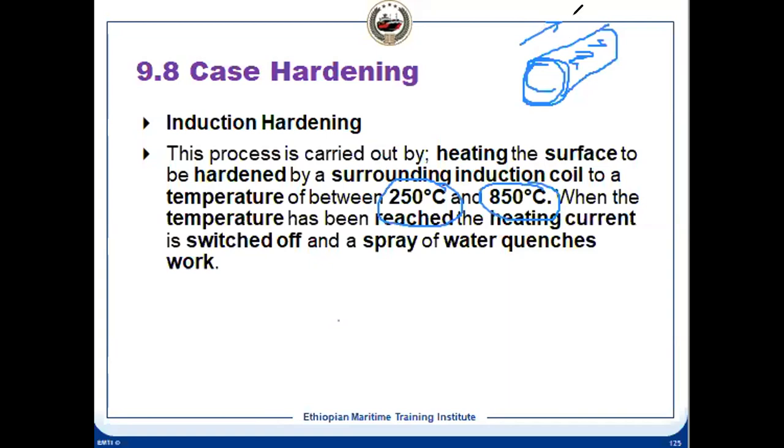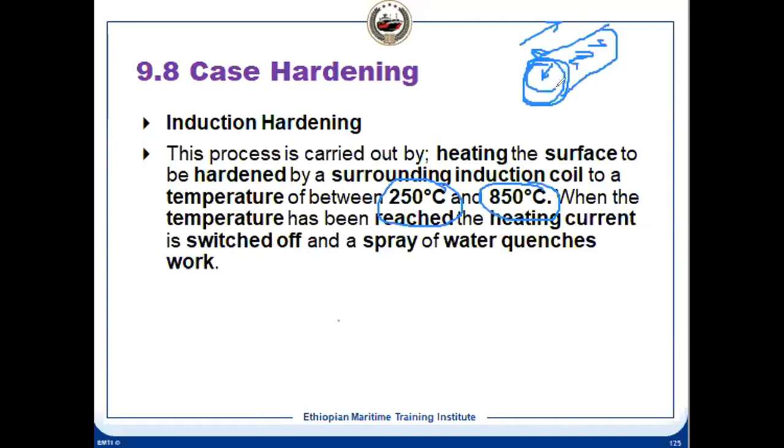And once it's moving, after that we are doing the quenching by water. We are having a water spray. Then what will happen? The surface temperature has increased, but it has not reached the inside, because it will take some time. Heat has to transfer in this direction, and only then will the inside be heated up. So by the time the flame moves away and the water spray is done, the surface has reached this temperature, and then it is quenched.